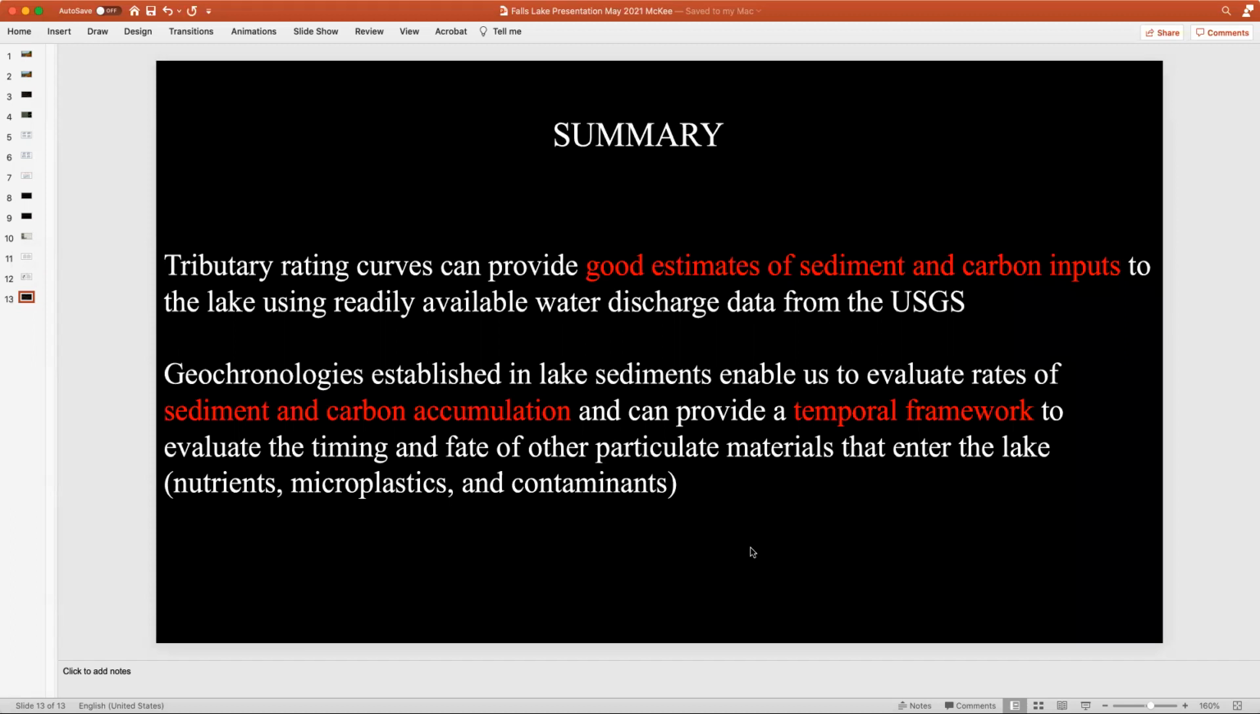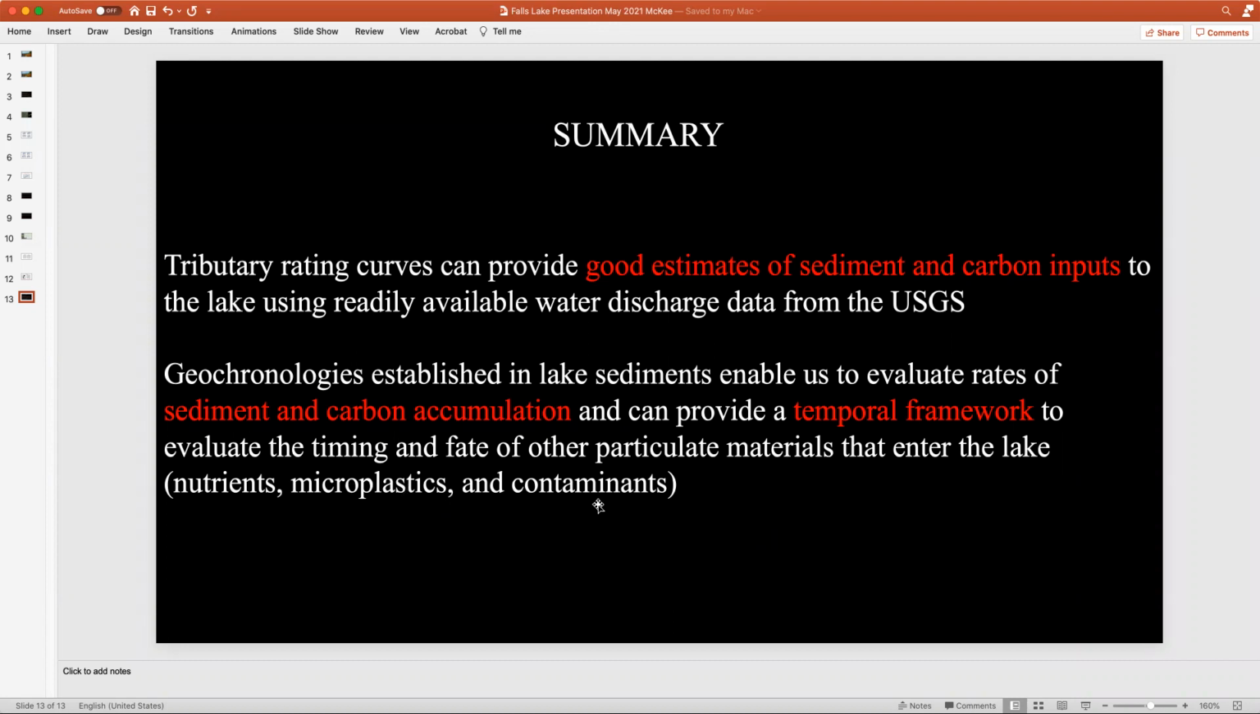So in summary, the tributary rating curves can provide good estimates of sediment and carbon input to the lake using readily available water discharge data from the USGS. And secondly, geochronologies established in the lake enable us to evaluate rates of both carbon and sediment accumulation, and also can provide a temporal framework to evaluate the timing and fate of other particulate materials of interest, things that enter the lake, such as